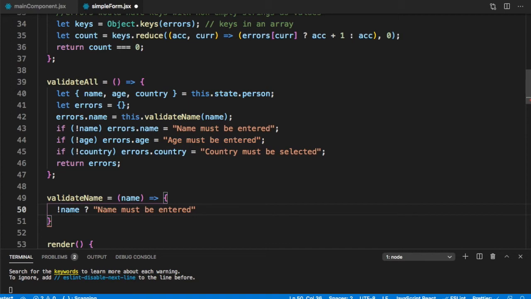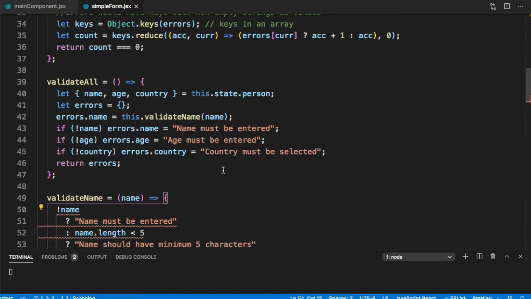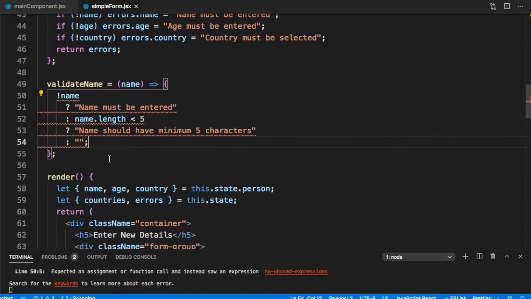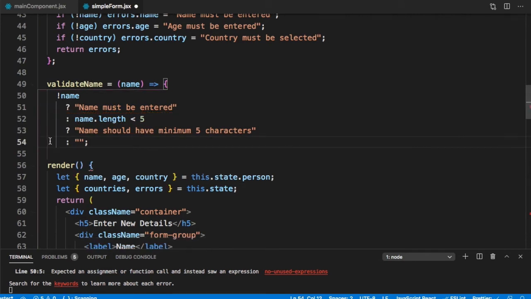And if name is truthy, then let's check name.length less than 5. Then what should we return? Minimum, let's say name should have minimum 5 characters, else it's an empty string. So this is what we can return in this case.